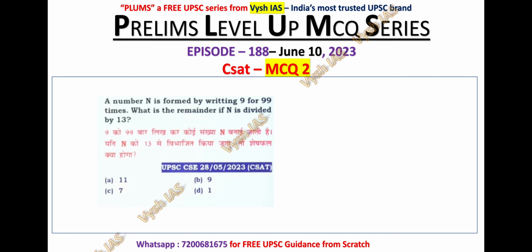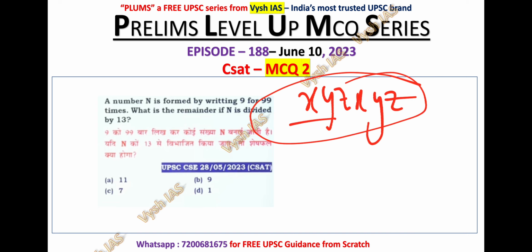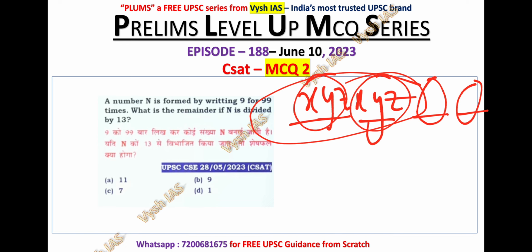Now let's solve MCQ number 2. A number n is formed by writing 9 for 99 times. What is the remainder if n is divided by 13? I hope if you have studied till 10th class, you will know the divisibility rule of 13. I'm going to tell you again what the divisibility rule of 13 is, for solving this question. We have to make groups of 3 digits, and we have to take the difference between these groups. For example, if the number is xyz,